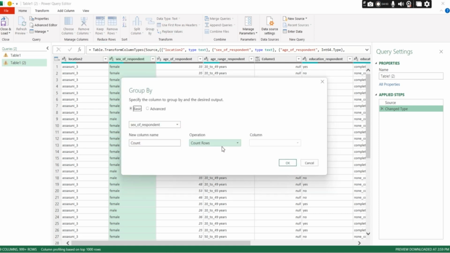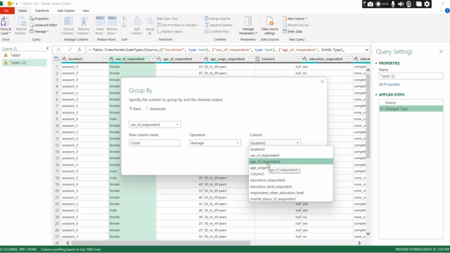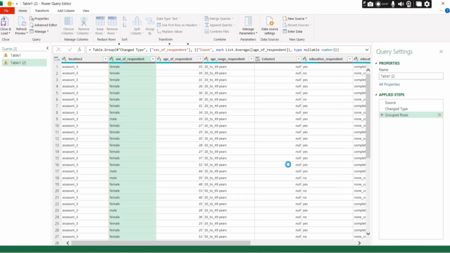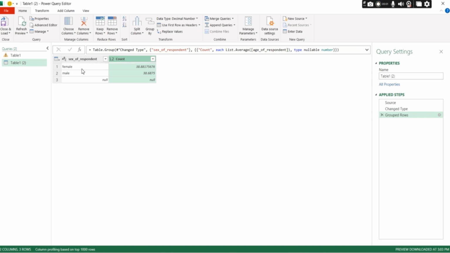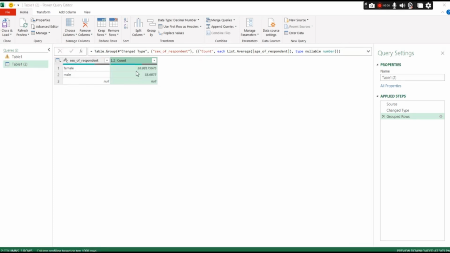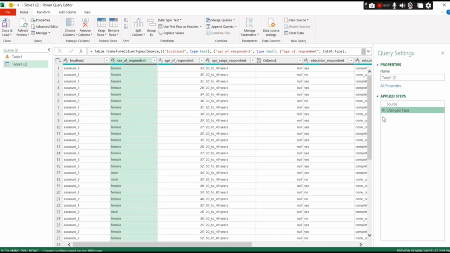Let's try again: sex of the respondent, average, and that is the age of the respondent. Okay. Then female average age is 38.88 and male average age is 38.68. So that is the average age we got from the group by options.